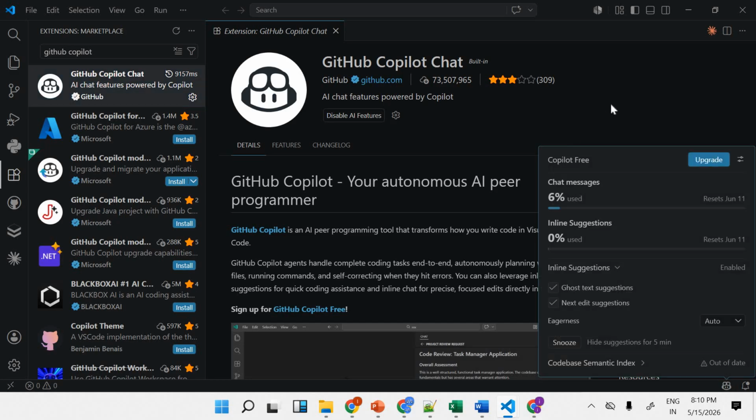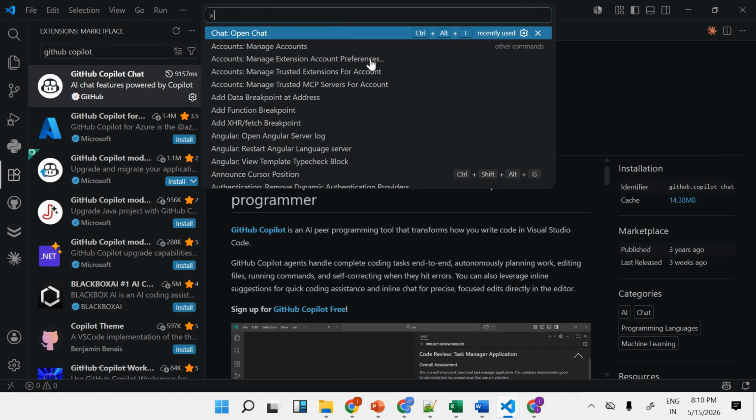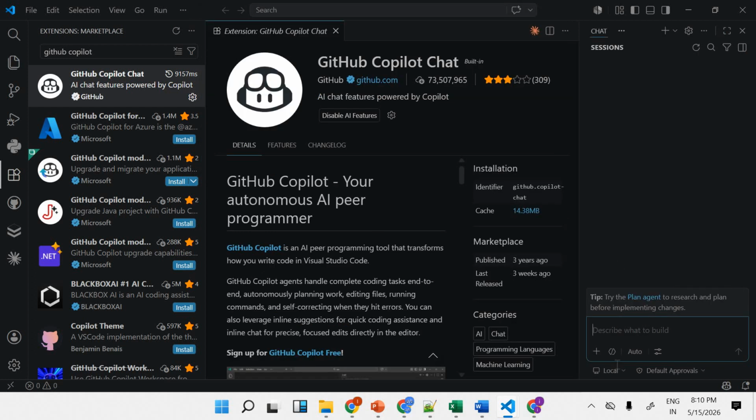After that we have to open a chat window. You can see here Ctrl+Alt+I, and Ctrl+Shift+B, which will open this particular chat. Here we have to type open chat. After typing open chat, it will give you a chat window on the right hand side. If you are getting the chat window on the right hand side, that means GitHub Copilot has been successfully installed and configured. Now what I can do here, let me